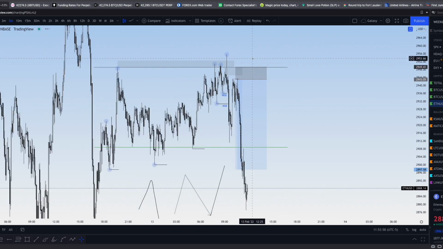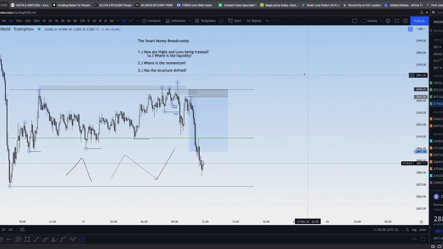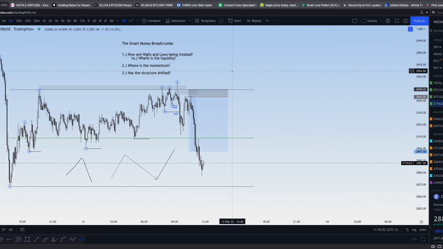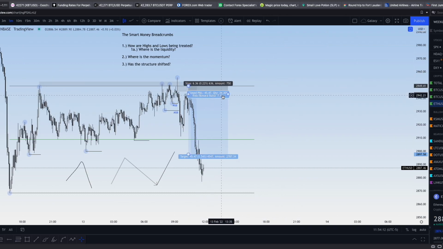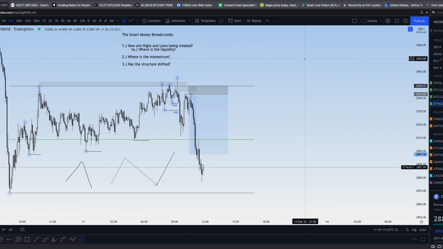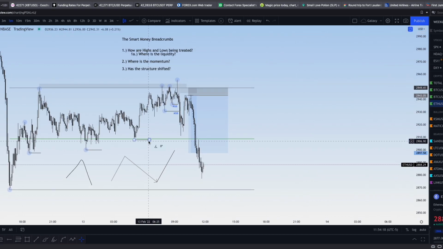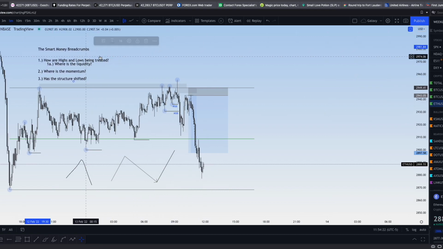So I hope this concept was somewhat easy to understand. It's definitely helped me in my trading to approach and realize what's going on with the market. Liquidity is always king. Wherever it's resting, it's there for a reason. It's not just going to be left there by accident. Things are left there for a reason, because the biggest issue that market makers have is